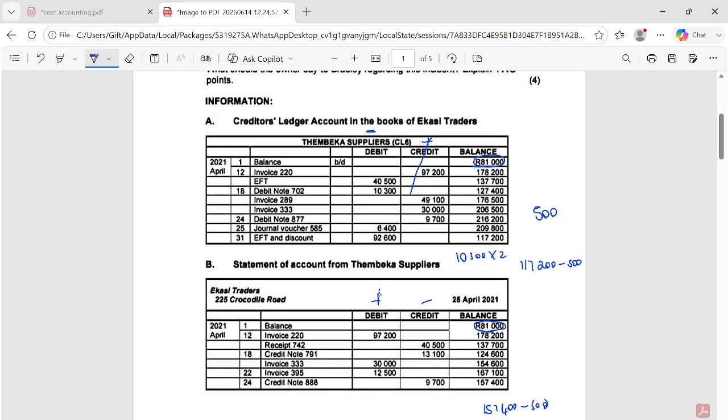It's credit note 791, which is 13,100. It isn't on the correct side. First thing that you check: is it on the correct side? How do I know? Because the credit note reduces, right? So it's on the minus. So we said it's 10,300 and they subtracted more, which is